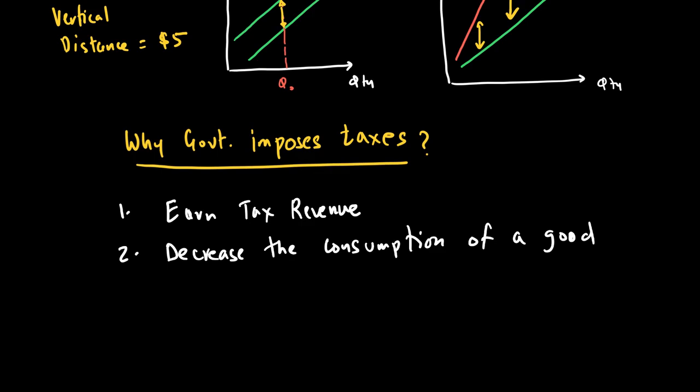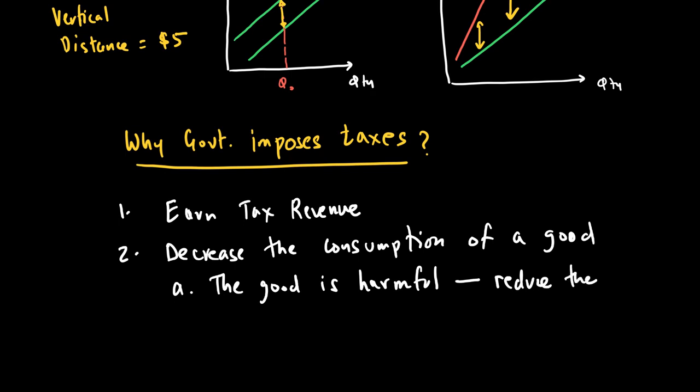One is because the good is harmful. If you look at government putting taxes on cigarettes, it's because the good is harmful, and therefore when you put a tax, the quantity demanded goes down, and that means that we are trying to reduce